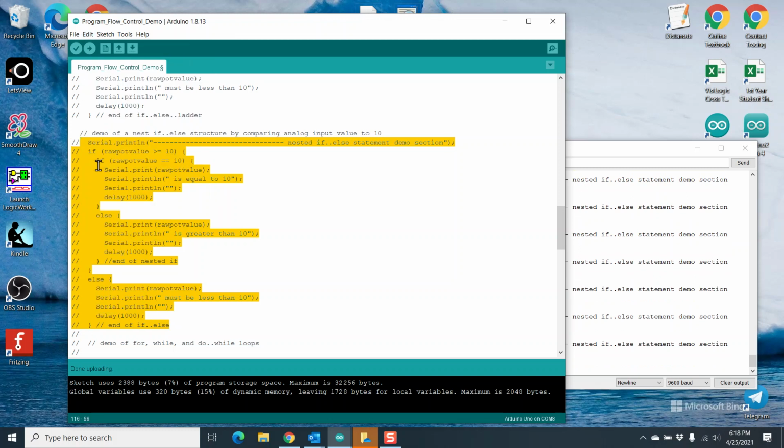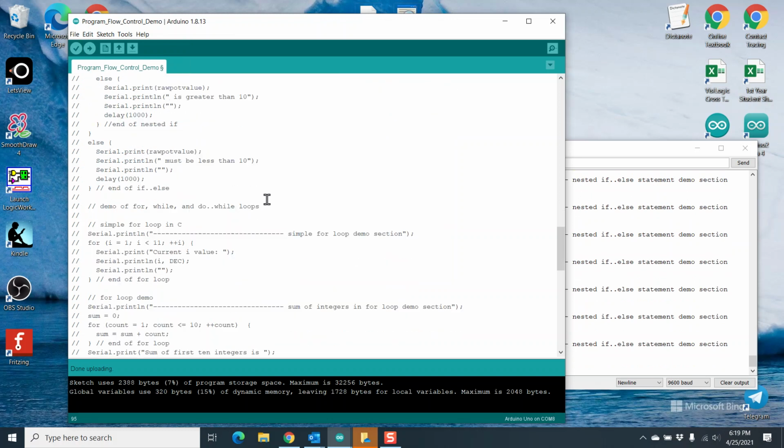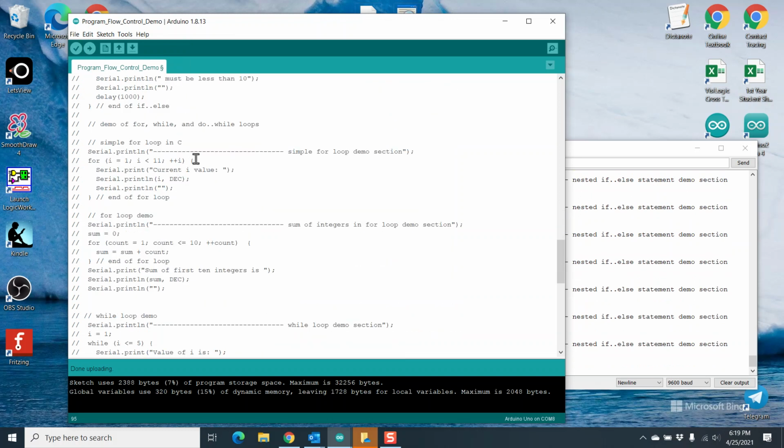Let's comment those back. I'm messing up my indentations a little bit, so we'll fix them as we go along. So the next thing that we want to take a look at, the next way to change a loop structure, is the for loop. And if I go in here, this is the end of the for loop demo,